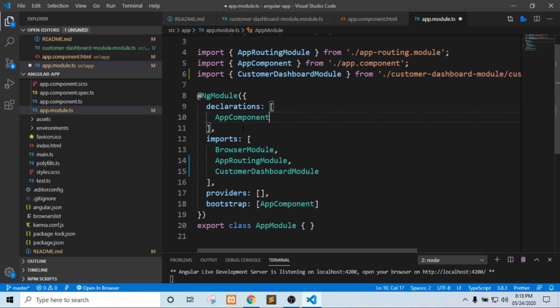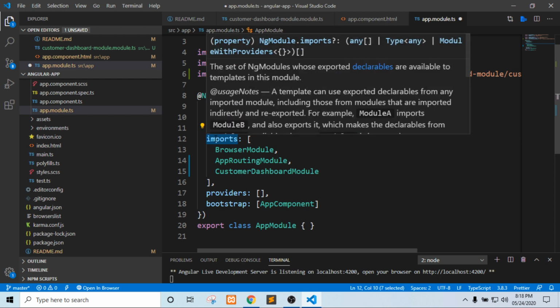Now we come to the imports part. Angular is modular in nature, a modular framework. So what Angular has done is create different modules for different functionalities. Why was it needed? Because it helps to take only those modules which are needed. If we need to use only forms, or only routing, then we can use the router module or the forms module. Ultimately we are taking only those modules which are needed.